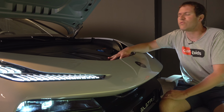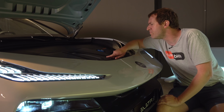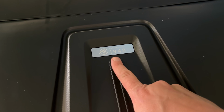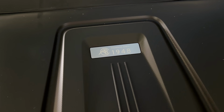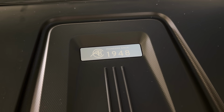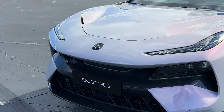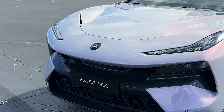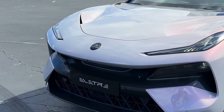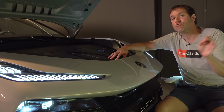Now, the other thing that I find interesting and worth pointing out up front here, there's a little badge that has the Lotus logo and it says Pioneers since 1948. In fact, the Lotus badging on this car is quite noticeable, starting with the main Lotus logo, which is now black, no longer yellow like in the past. It's black, it's sleeker, it's more modern, and there are a lot of other Lotus emblems hidden in unusual places